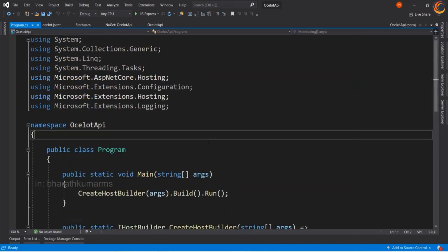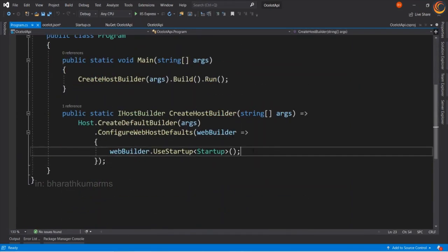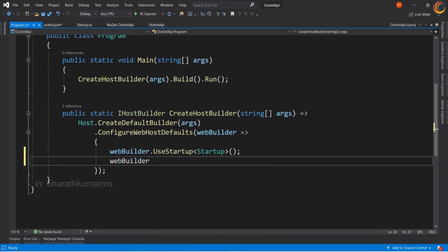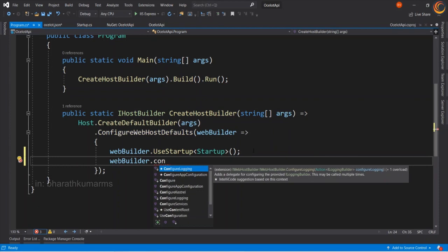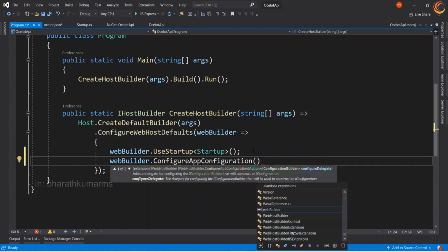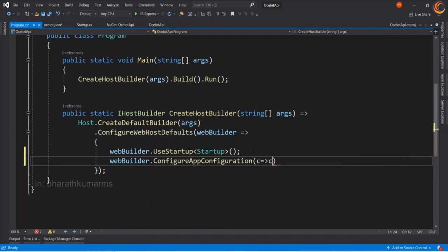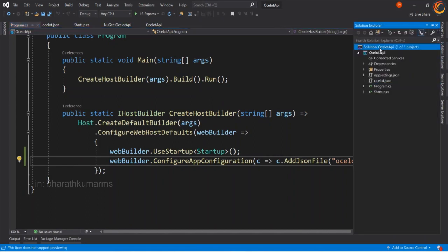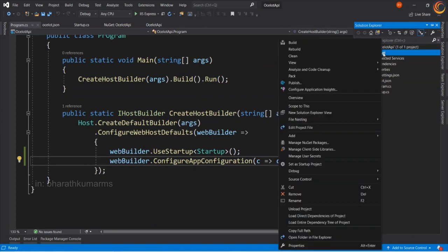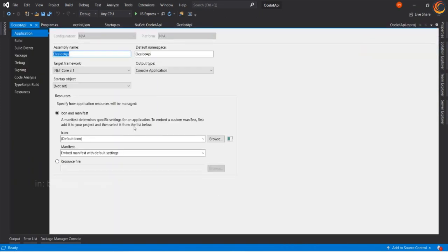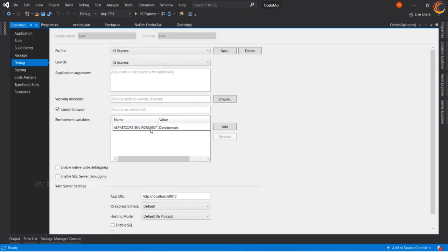Now the final step will be to add this configuration as part of Web Builder, which should be available in the program file. Let's save this and let's check the port of this application. So the port is 60073.